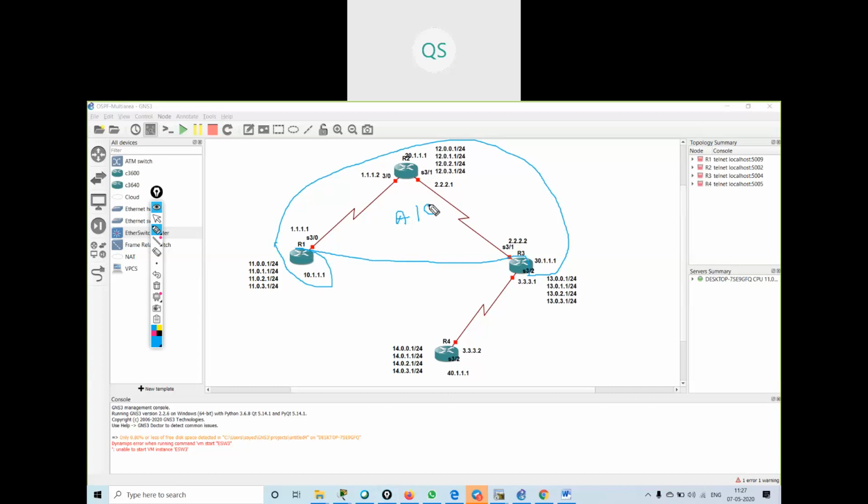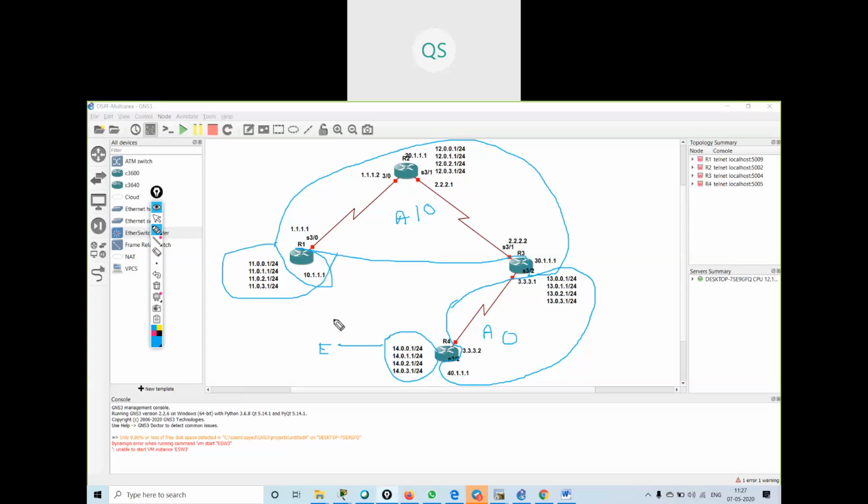And all these will be in area 0. And I will configure this loopback address as EIGRP. I can configure any routing protocol, I will configure EIGRP. My loopback addresses are also there inside this.